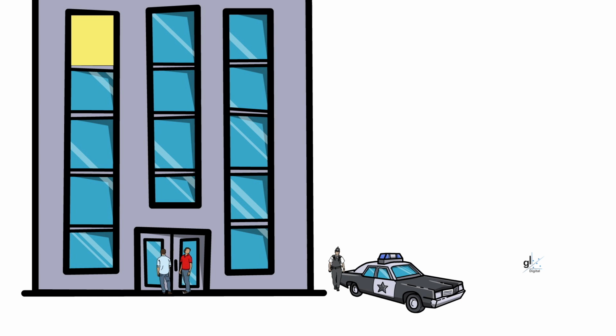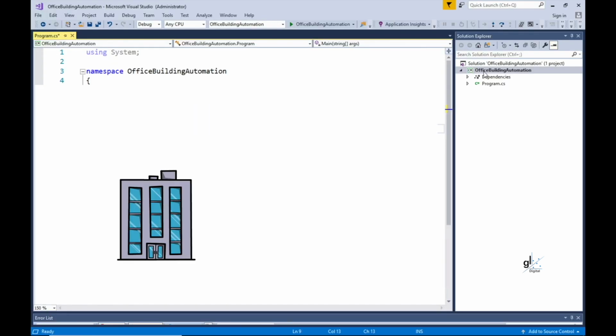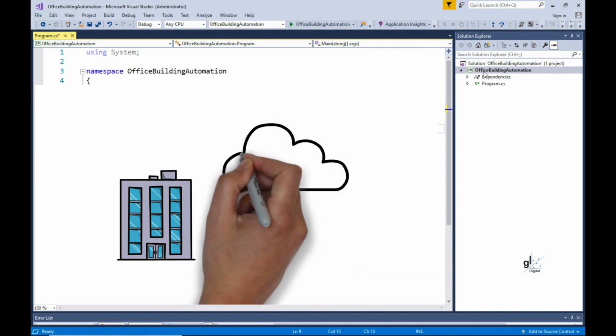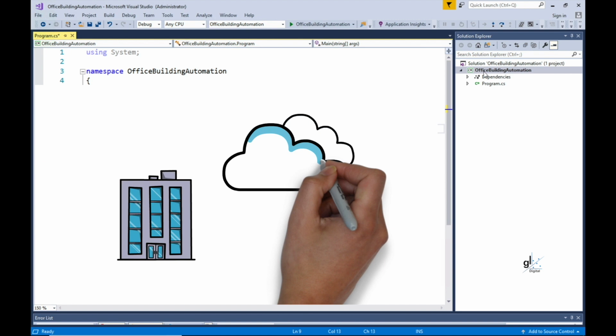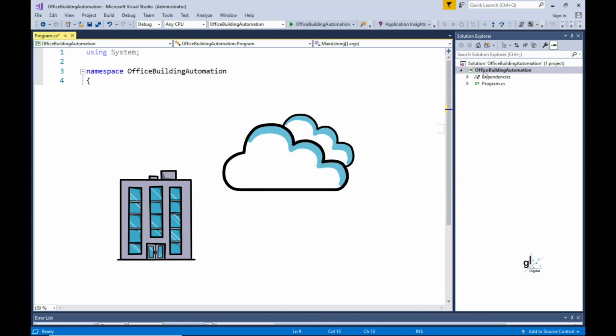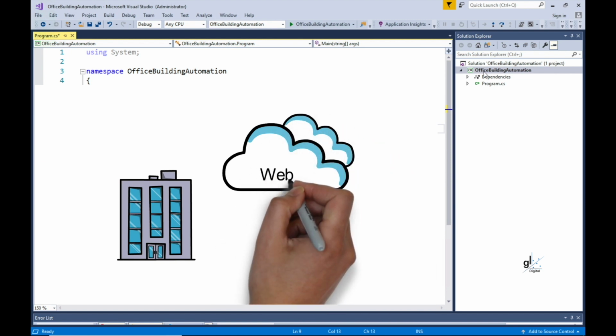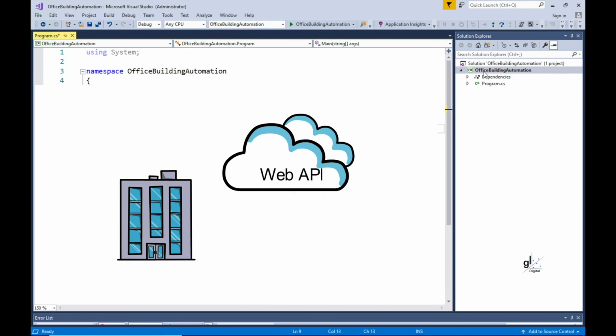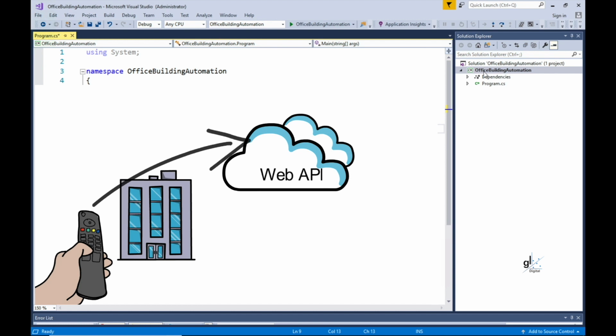So architecturally, this is how a system like this might look. And this is a very simplistic overview. A device with an internet connection connects to a web service, perhaps hosted in the cloud, like for example, a web API hosted by Microsoft Azure. The device calls an appropriate web service method to log into an office. If authenticated, the device will be able to switch the lights on and off for the relevant office. The device will also be able to call relevant web methods to arm and disarm the security system for a